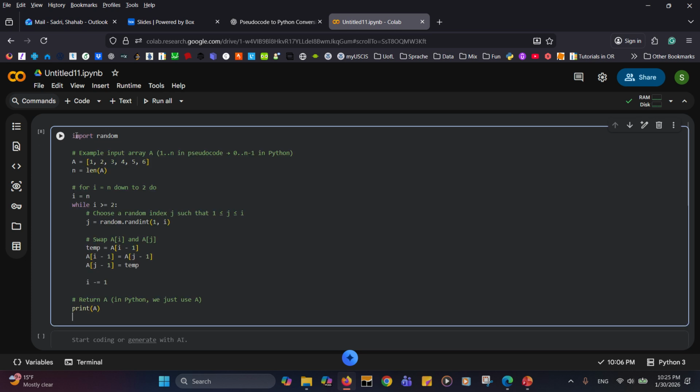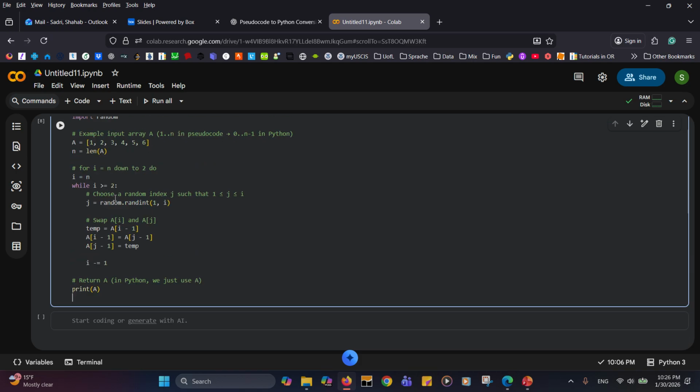So first of all, we imported a random library because we wanted to generate a random sequence or a permutation of numbers. And then we have the list of items. We have 6 items here. And then what we do here is to,